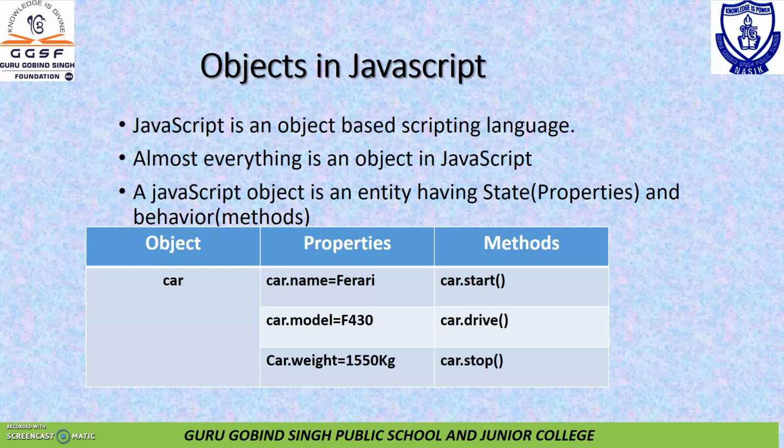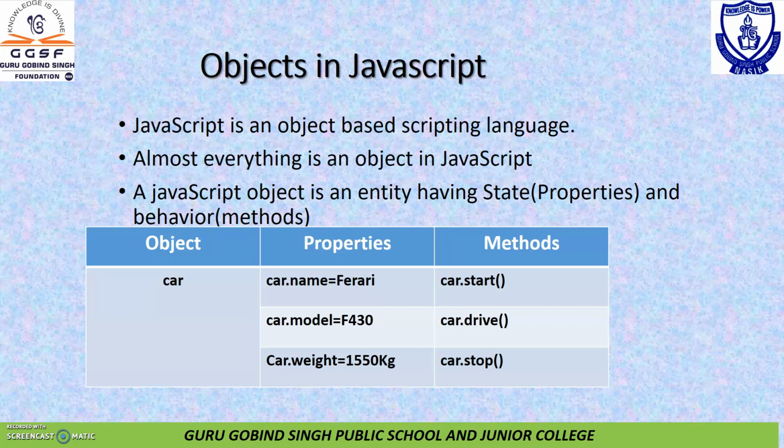And how to access it? In JavaScript, we are accessing an object's property with the dot operator, and after the equal to sign we are writing its value. So that is the syntax for accessing properties, to set the properties in the coding. Object name, then dot, property name is equal to value.